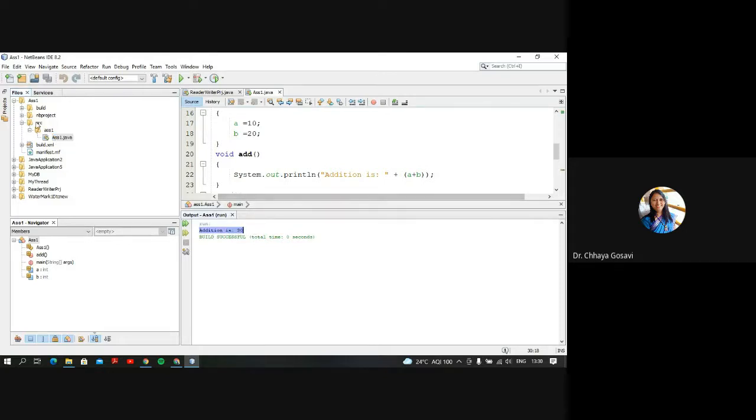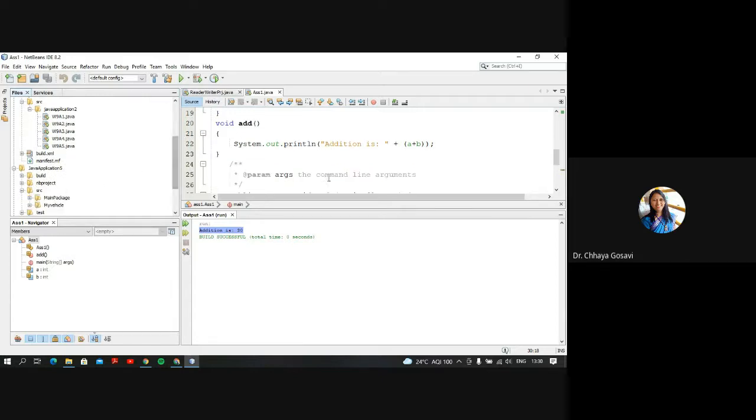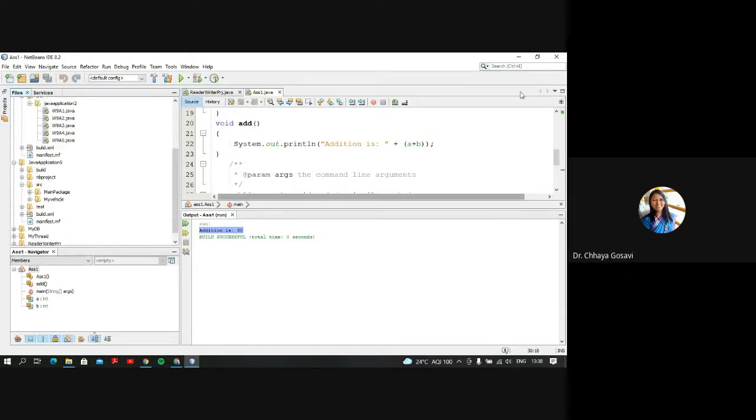Now I can create another folder here or another package, and in that package I can create a different class. So here can you see, I want to show you this. I think it is visible.